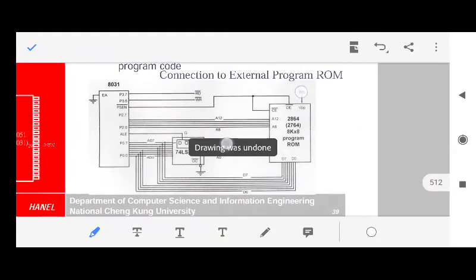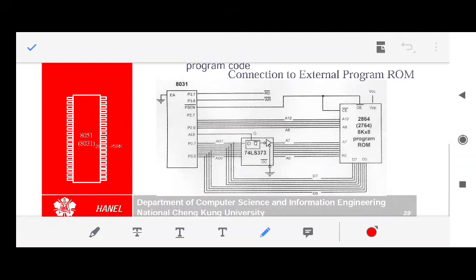Let's see again whether you can do this by yourself or not. When a question is given, you have to write all the pins of the 8051 which are used for memory interfacing. See, the read and write pins are also used for memory interfacing, but please remember, they are used only when RAM is connected, not ROM. We will come to it when we connect, but you have to write read and write and leave them as they are. These are left because there is no RAM.